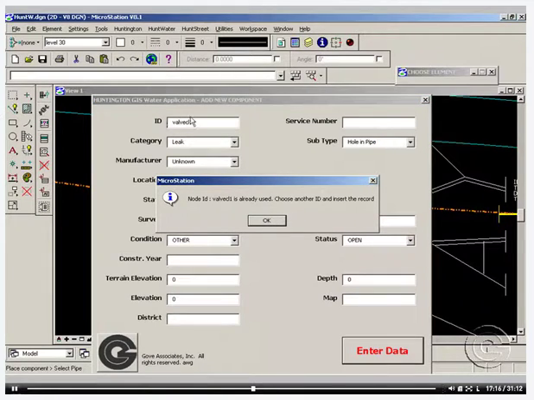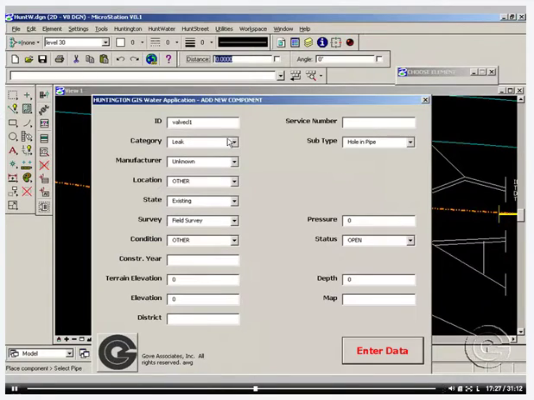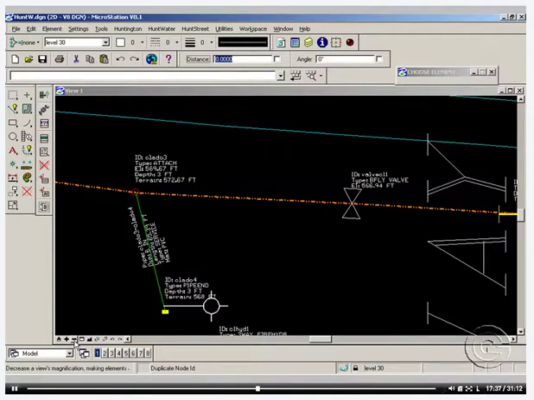As we can see, we cannot use the same ID for a different component. So when we do that, we'll have an error or a message that tells us that we have already used this ID and need to change it. So we can hit OK, change this, and go to the ID. And this time, instead of valve, call it, let's say, leak CL. And then we can hit enter data,